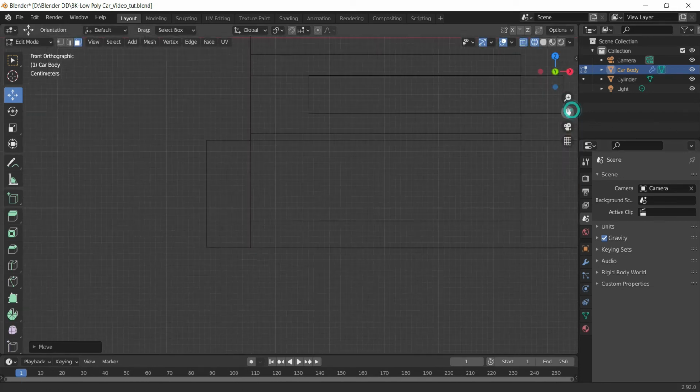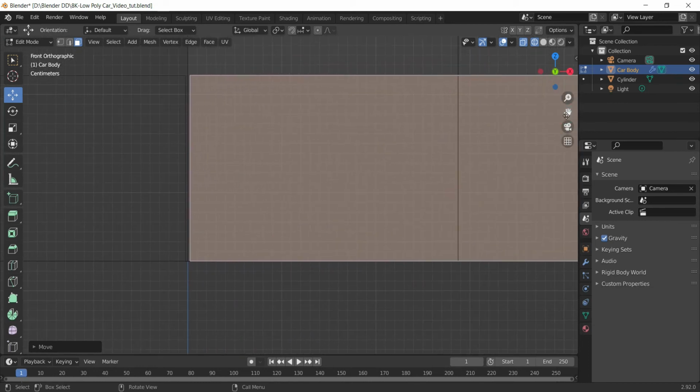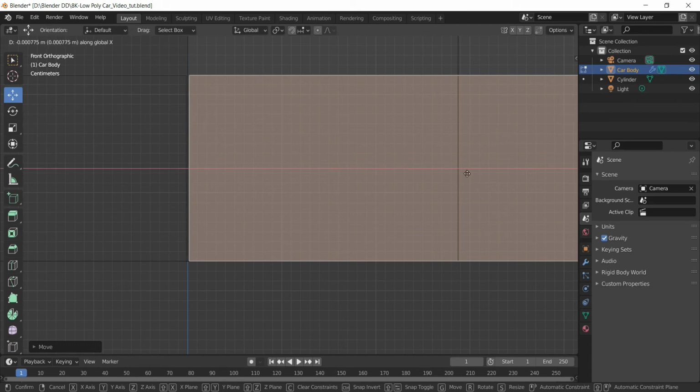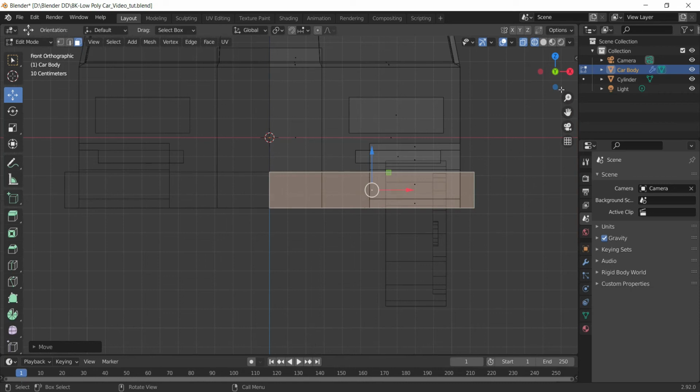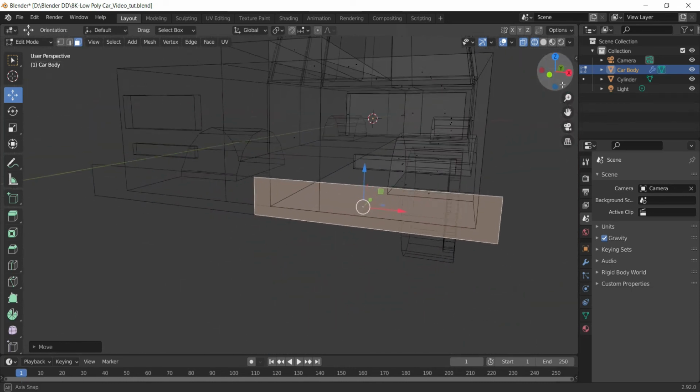All right, make sure to align it edge to edge. And no need to worry if it is going outside. Actually, I wanted that.